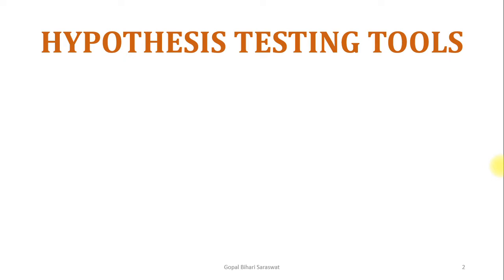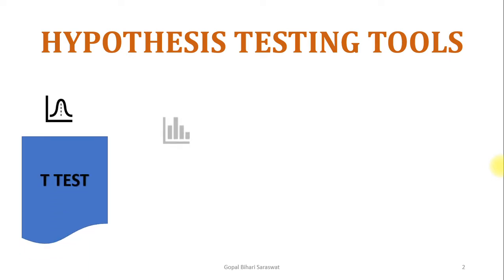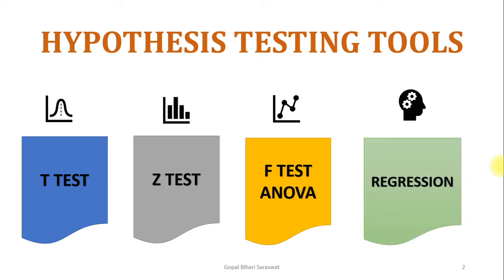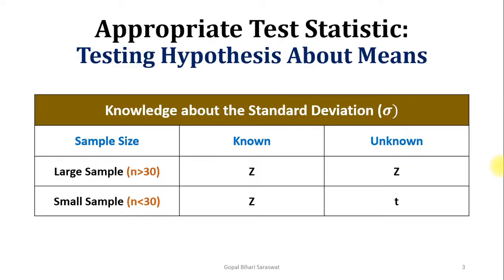There are different hypothesis testing tools like t-test, z-test, f-test and regression. We already discussed it. Today we are only focusing on t versus z. So how to decide which test to use and when? First thing is,